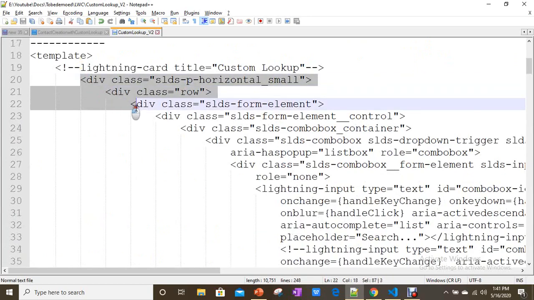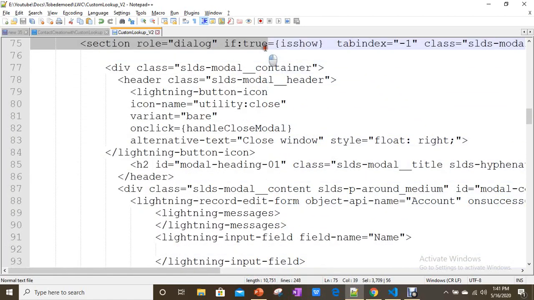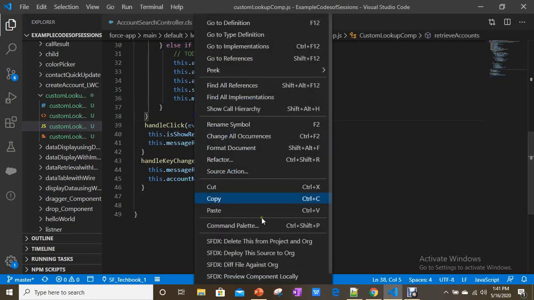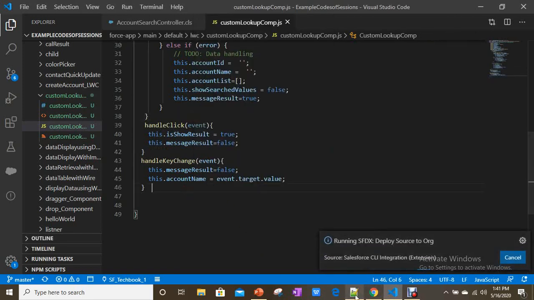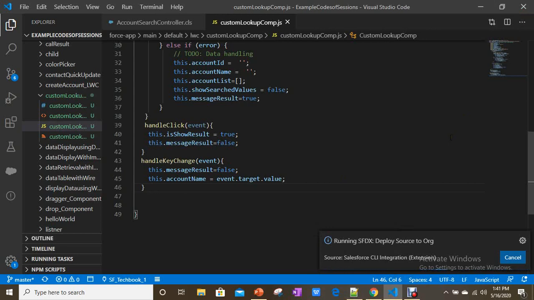So I'm copying everything here, same design only. Let me save this. Okay.